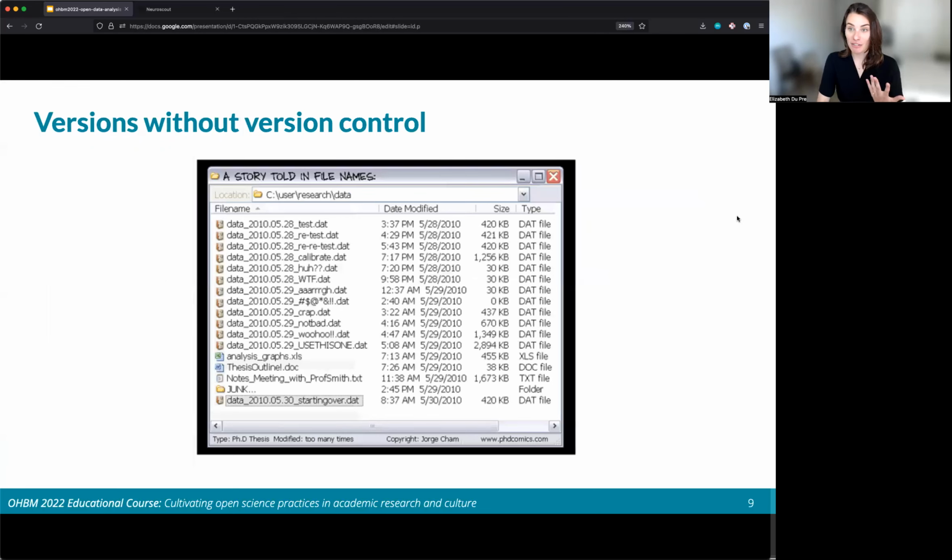So if you're not familiar with version control, you probably are familiar with a version of version control that's really nicely illustrated in this PhD comic. And the title of the comic is A Story Told in File Names. So here we can see an initial file called test.dat. Then there's a retest, then a retest. And if you've ever experienced something like this before, this is very painful, I assure you, having experienced this. Then there's a ha, and a crap, and a not bad, and a use this one, and then starting over,